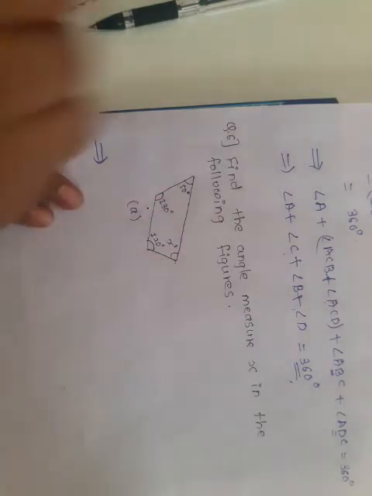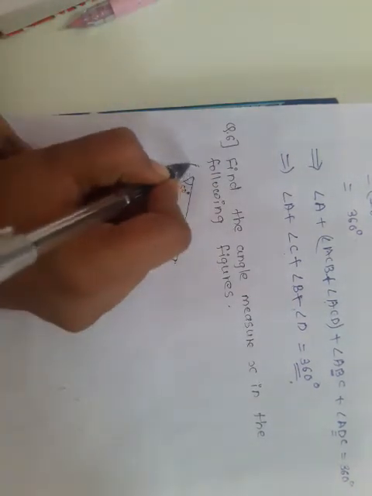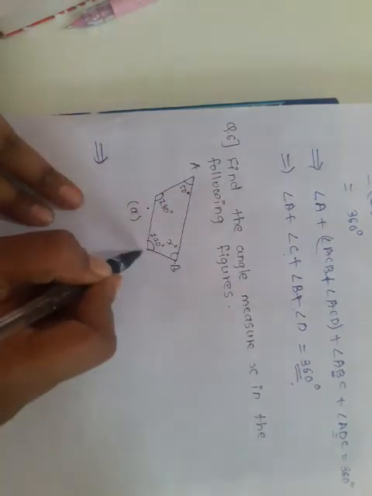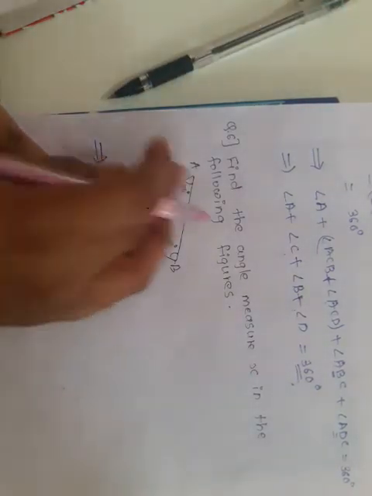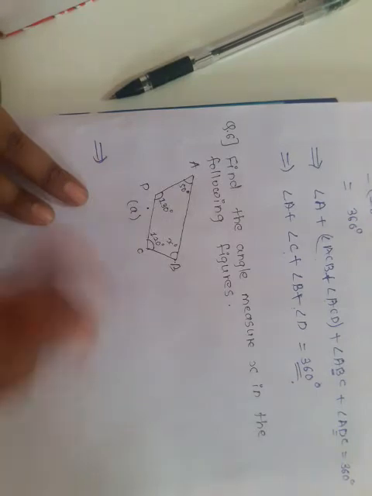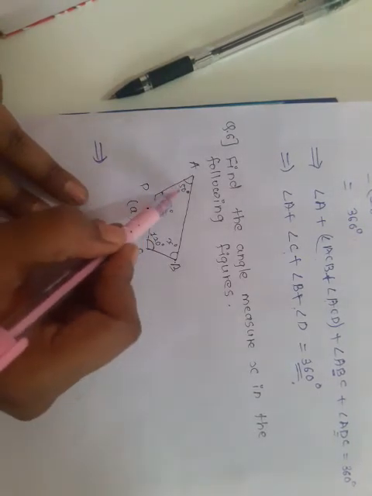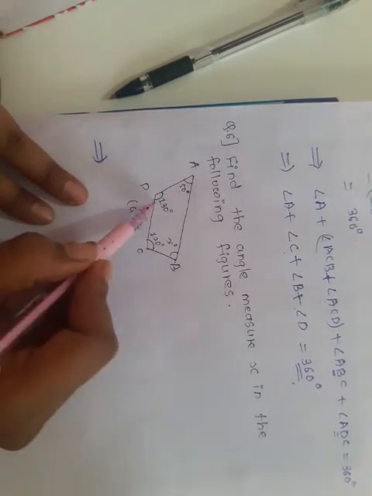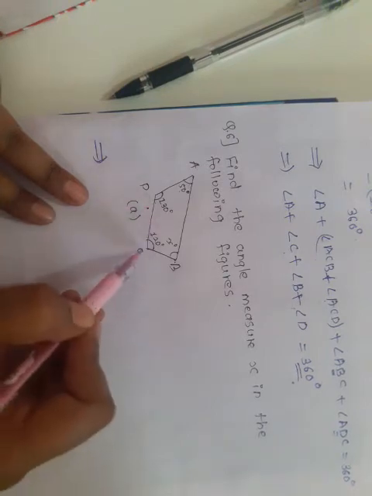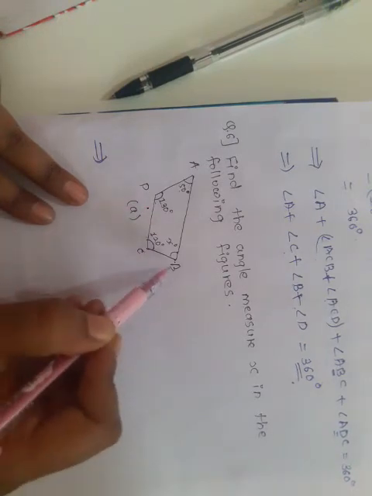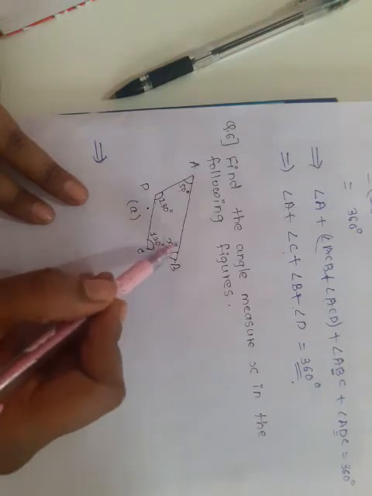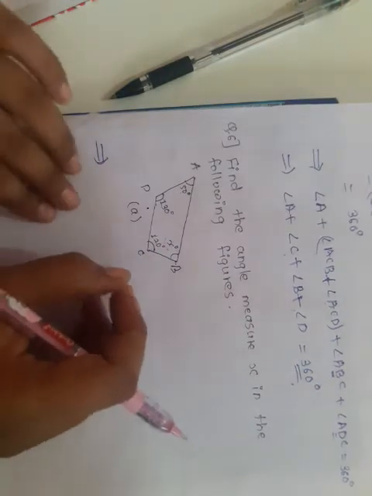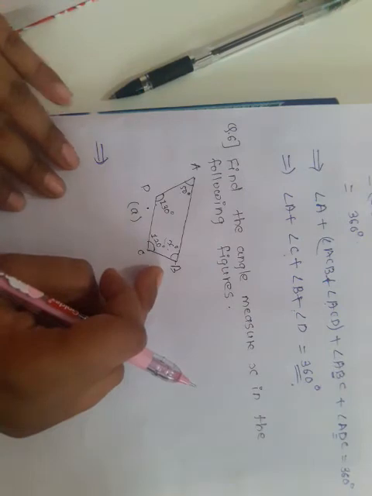So name this diagram ABCD. ABCD is a quadrilateral, so denote the vertices as A, B, C, D. Angle A is of measure 50 degrees, angle D is of measure 130 degrees, angle C is of measure 120 degrees, and angle B is x degrees. It means we have to find the value of this x. So what is the measure of this angle B then?